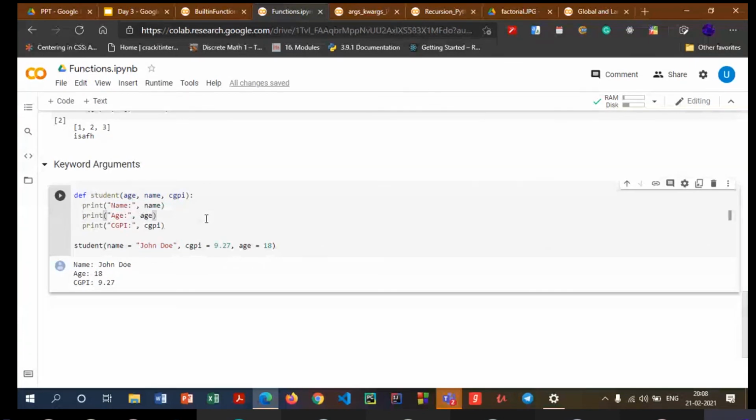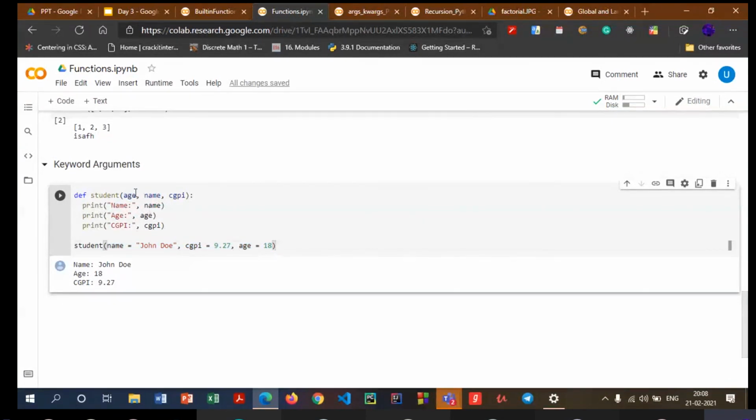So over here we have made use of keyword arguments. The basic idea is that we mention the name of the parameter and then equals to the value which we want to assign to it. This is the keyword and this is the value which we want to assign to it. We mention the variable to which we want to assign the value, and then we mention the value. This goes into the function in the same order in which it wants to accept. So I might throw these values to the function in any order, but the function will accept them in the order which it wants.